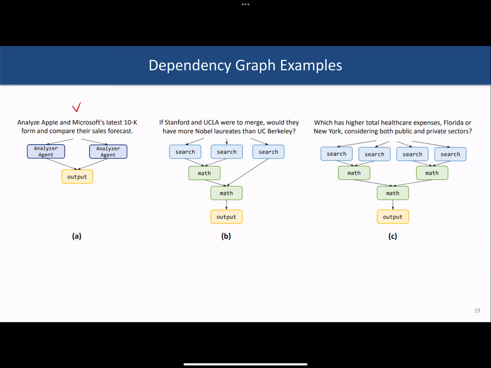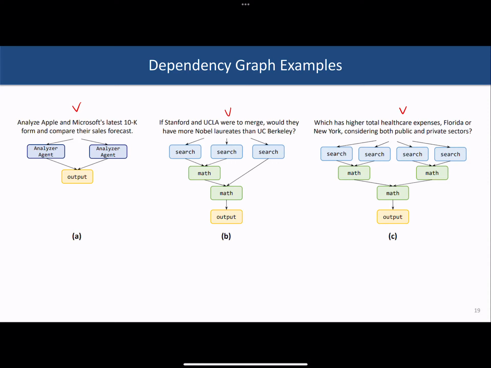On the far left, we're seeing the simplest case. For instance, when you are comparing the sales data of Apple and Microsoft, this is not so complicated: it is just launching two different jobs in parallel. But you can also expect more complicated use cases where the task has to be decomposed in a way that involves multiple different tools and different input and output relationships that are all intermingled together. Those are illustrated in the second and third examples.